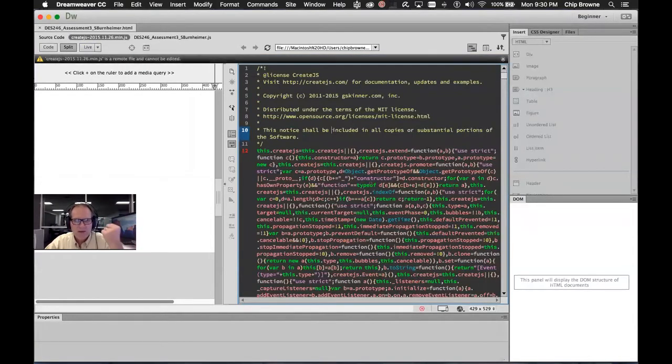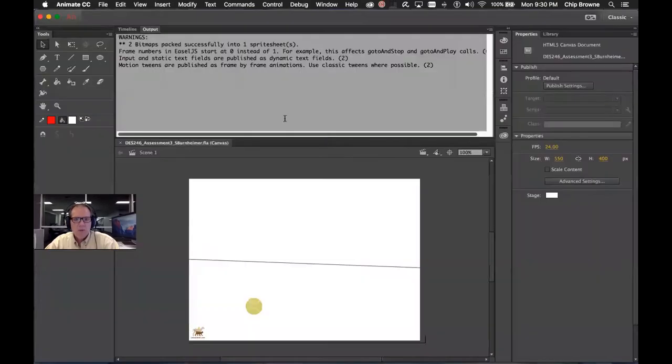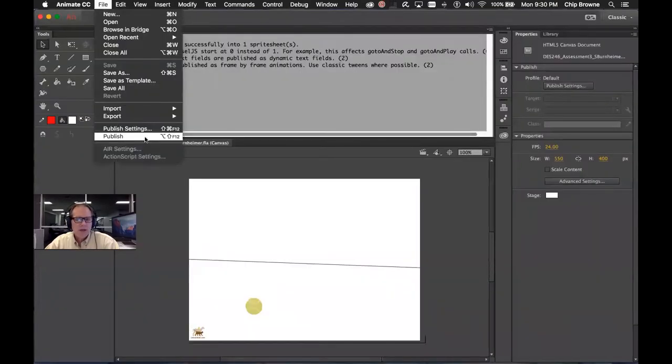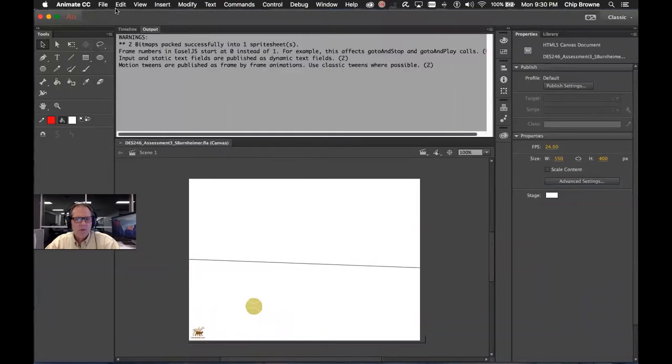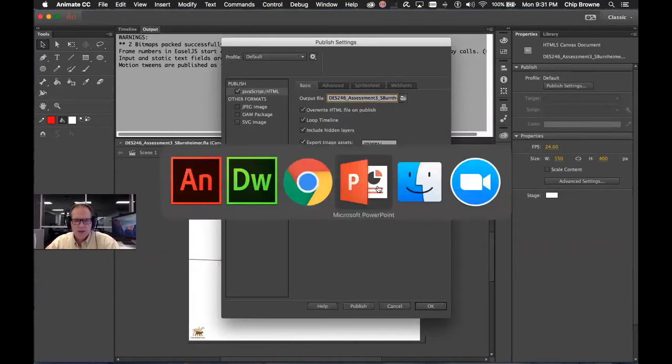Them meaning Create.js, they're the ones that we're using, taking their code, borrowing their code really, to get some animation going, just in HTML5 canvas. And then this one here is the one that is generated specifically for your animation. This one is output when we clicked publish. File, publish settings, right here, that's this path. So when we click publish, it's going to automatically generate